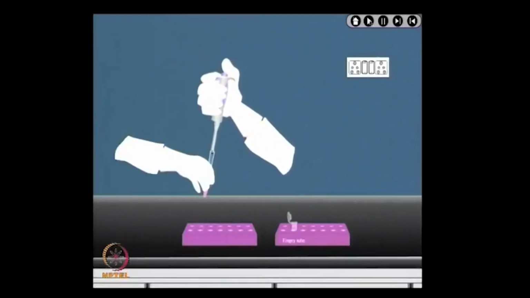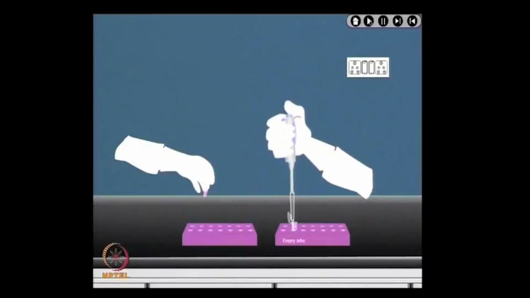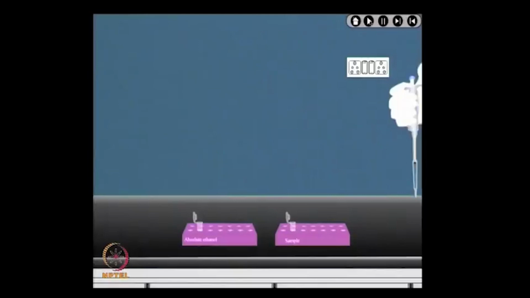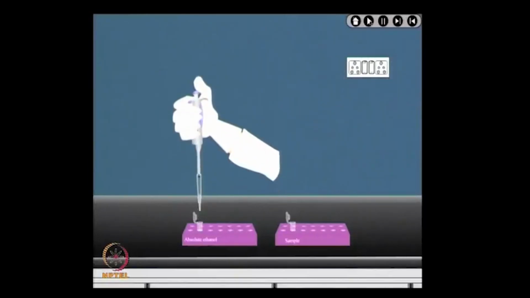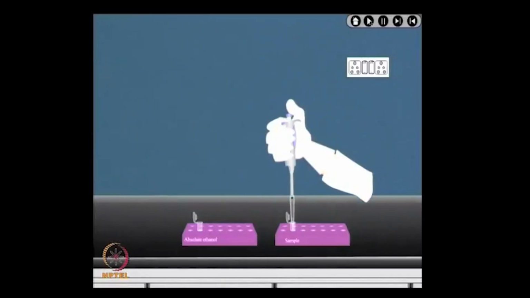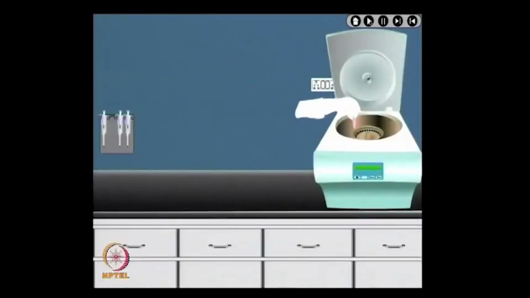Remove the upper layer and use it for RNA isolation using isopropanol, if you want to use RNA for some other applications. To the bottom layer, add 300 microliter of absolute alcohol per 1 ml of trizol and mix gently